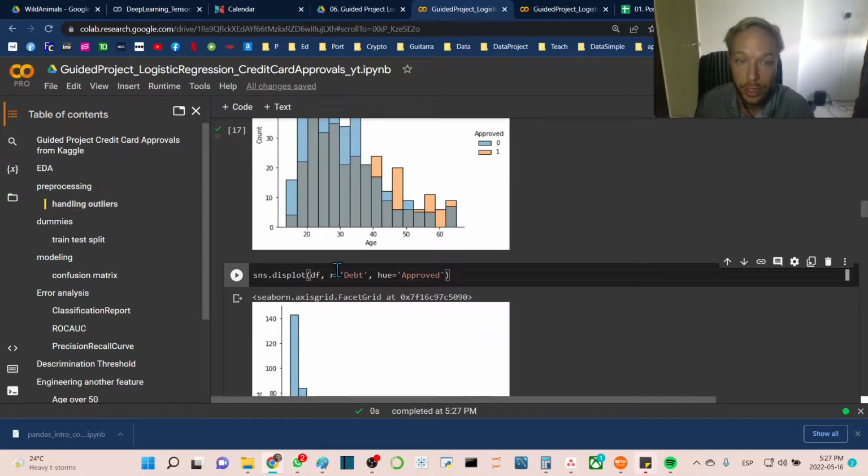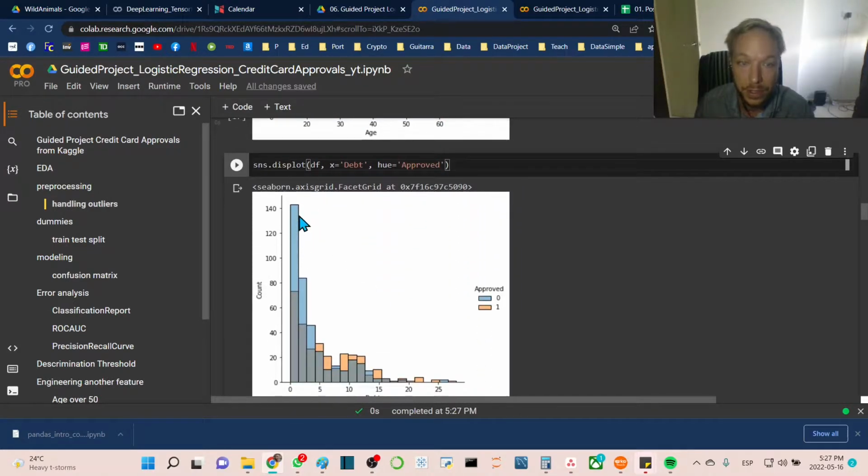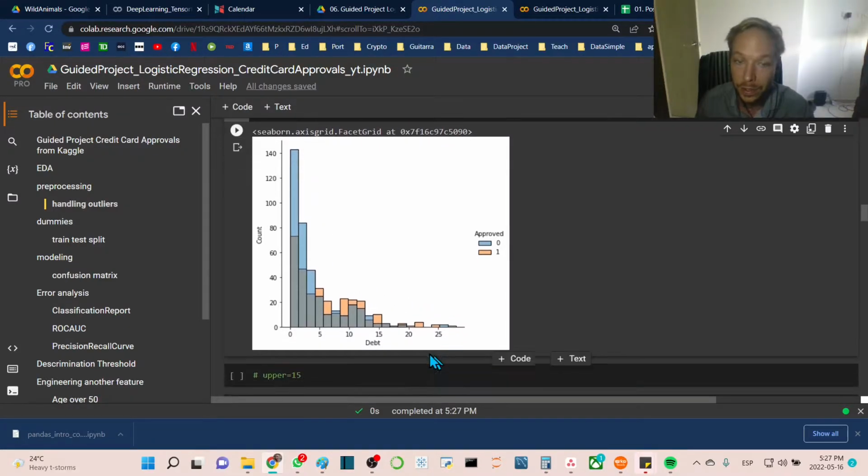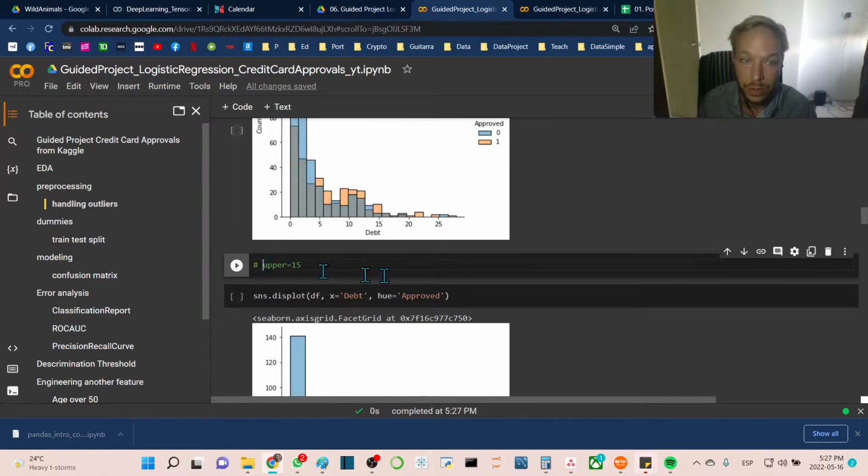The next one we're going to do is the outliers for debt. And you can see here a much more pronounced exponential distribution. So let's see if we can deal with that. We'll do the same thing here. We're going to go df debt, closing bracket, equals to df debt. Make sure we put that in as a string,